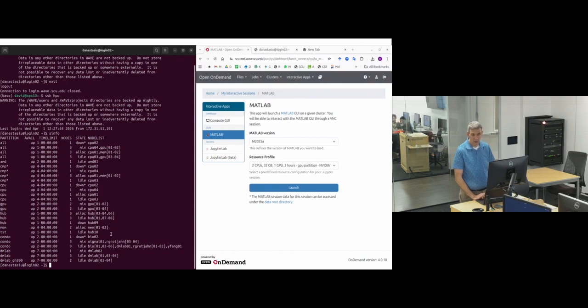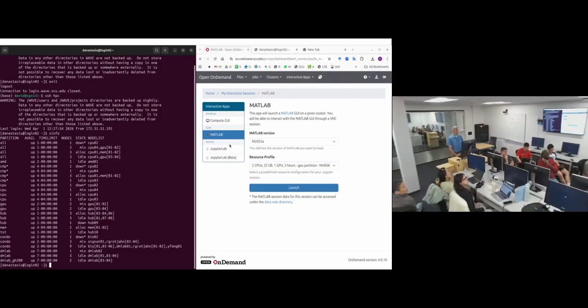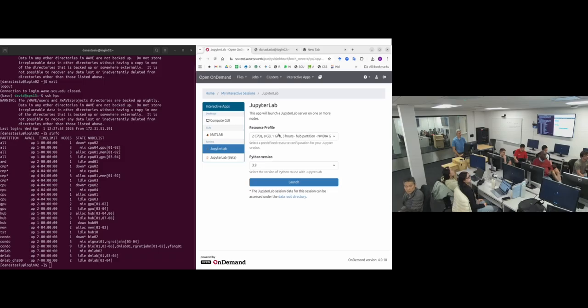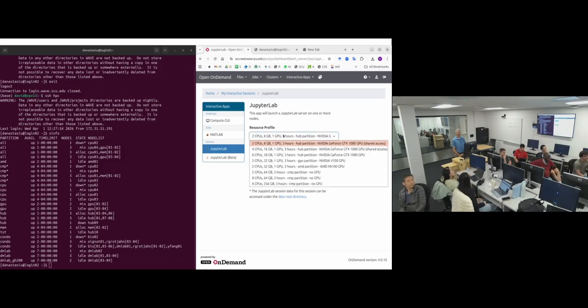What does the shared access mean in the Jupyter? Yeah, so that means that you may not be the only one accessing that system and that GPU, right? So other people might be accessing that same system and running stuff on the same GPU at the same time. If you use this one, which is not shared access, then the entire node is reserved to you. So there will not be anybody else using that GPU at the same time.